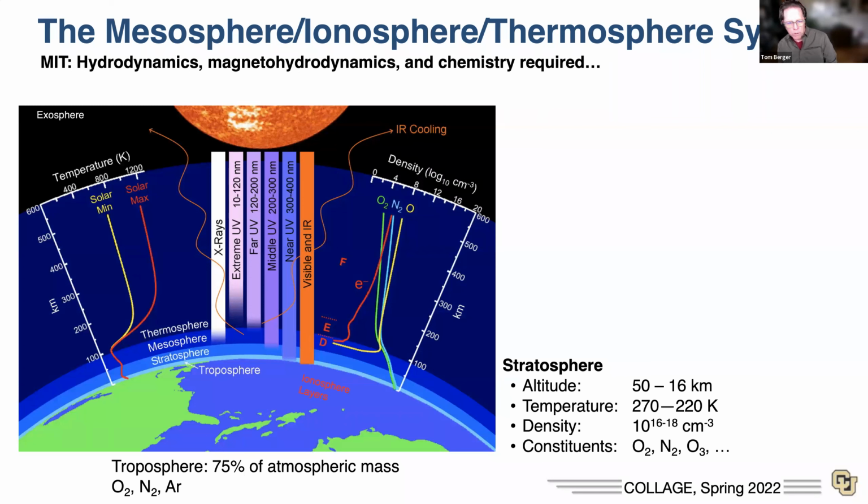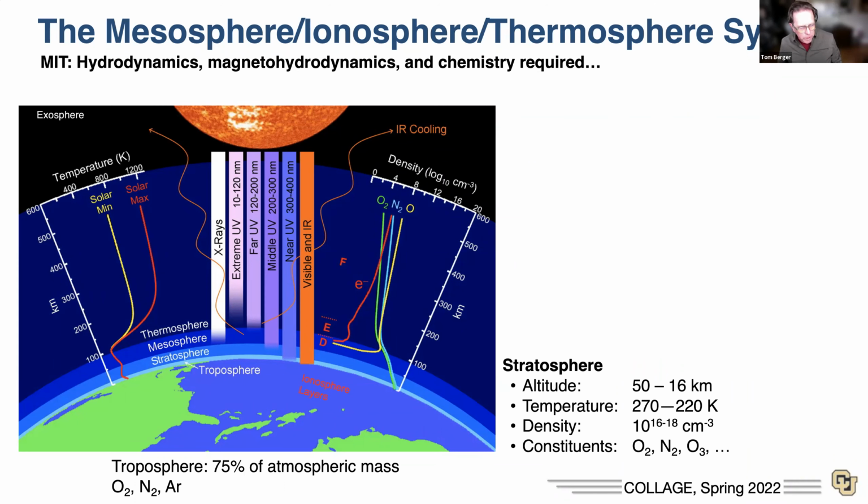For instance, Mercury has a strong magnetic field, but no atmosphere. Mars has somewhat of an atmosphere, but no magnetic field to speak of. So there's lots of different variations here. Earth is interesting because it has both a very thick atmosphere and a very strong magnetic field. So, looking at the atmospheric